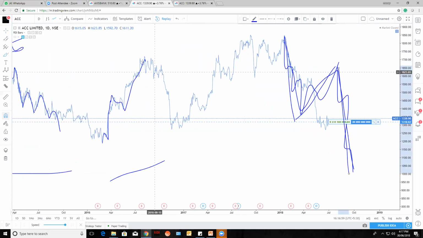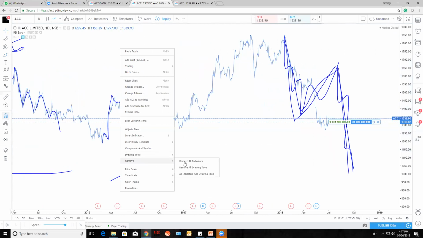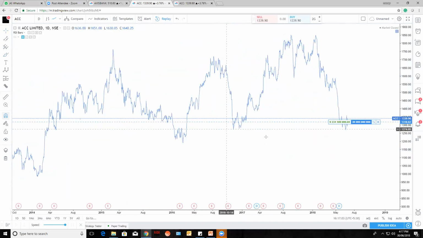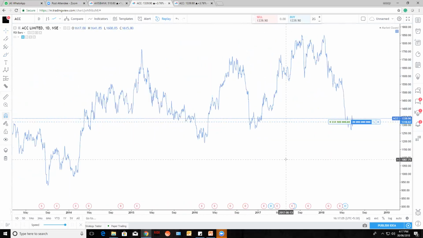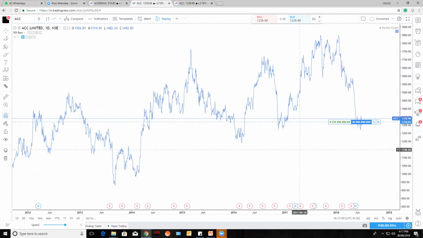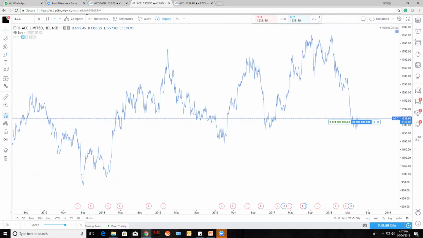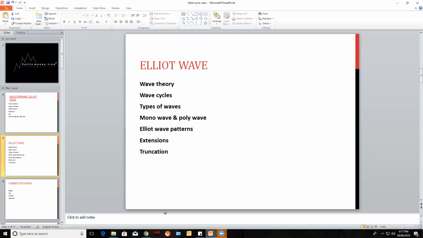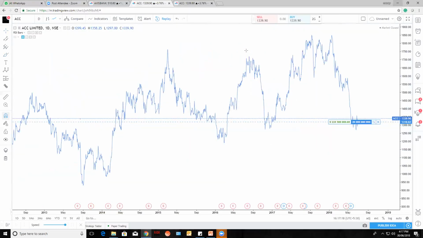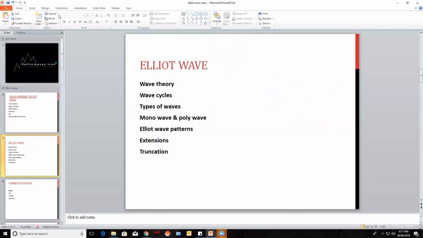So firstly, you will come to know what a wave is. Wave is nothing but a price movement from one direction to another direction, in the direction or opposite to the direction. A simple price movement from one price to another price. This is wave theory. Okay, in wave theory, there is a mnemonic lecture, so how to name them. So I'll just show that PDF. So you will come to know how they named it.